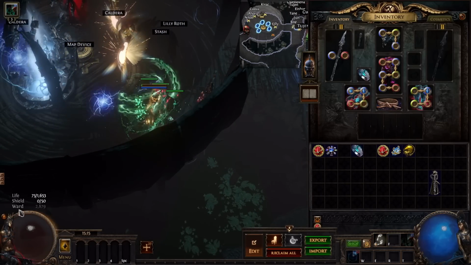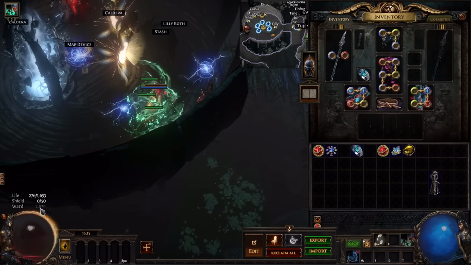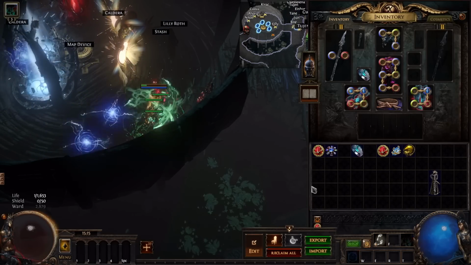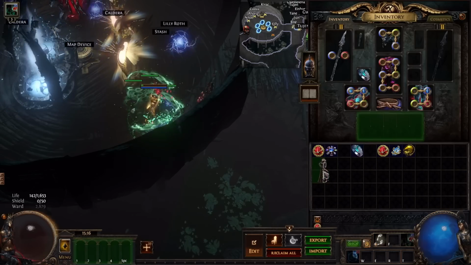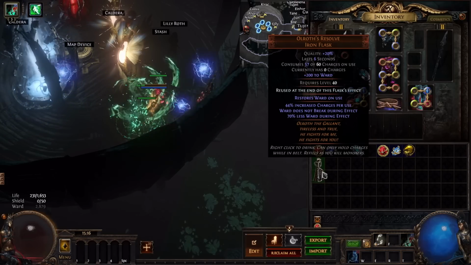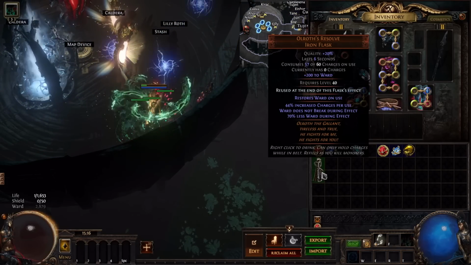As you can see, we survived one hit. Why? Because ward breaks when you take damage. So we need this All Resolve flask. What does it do? Ward does not break during the effect.